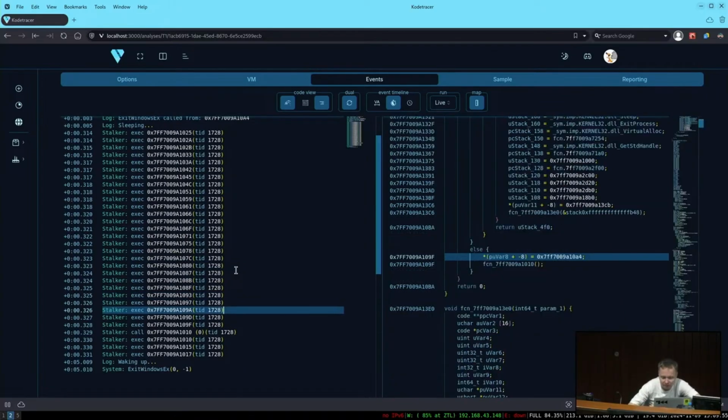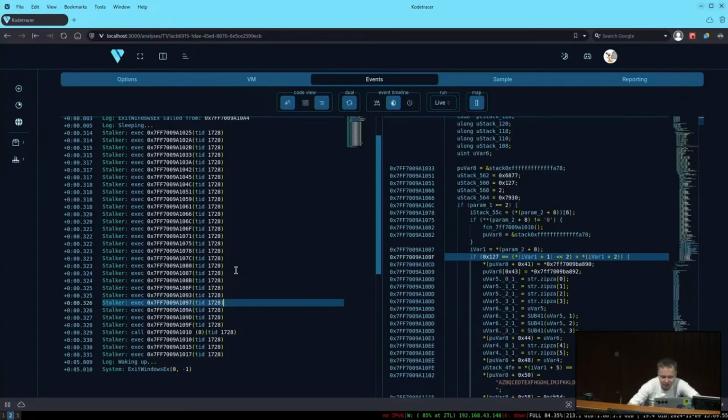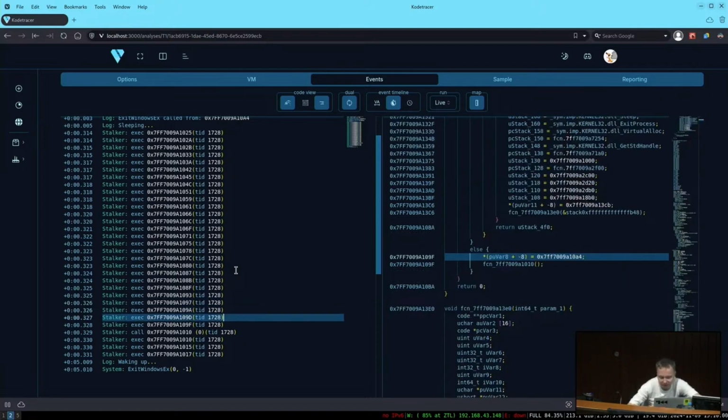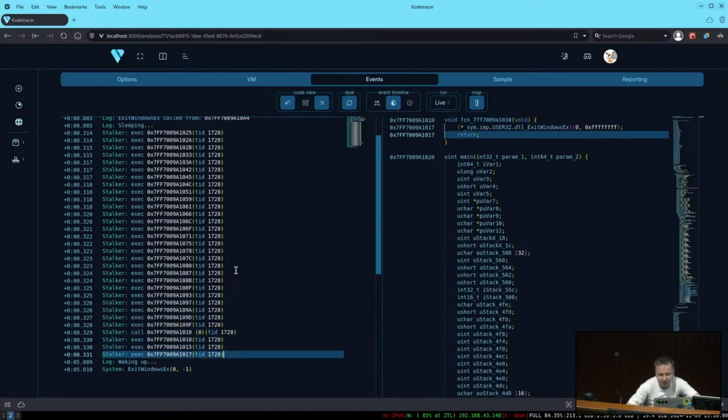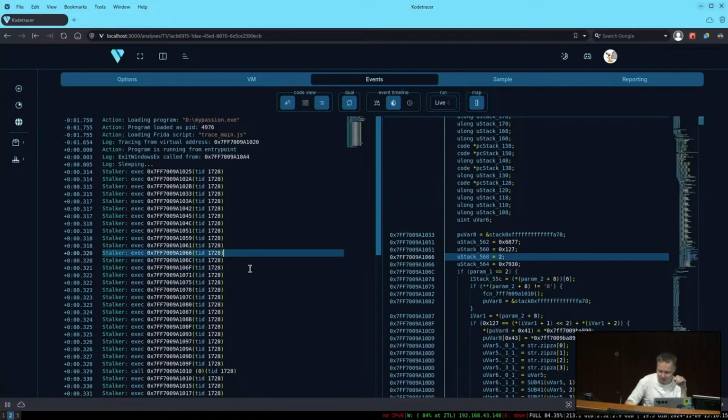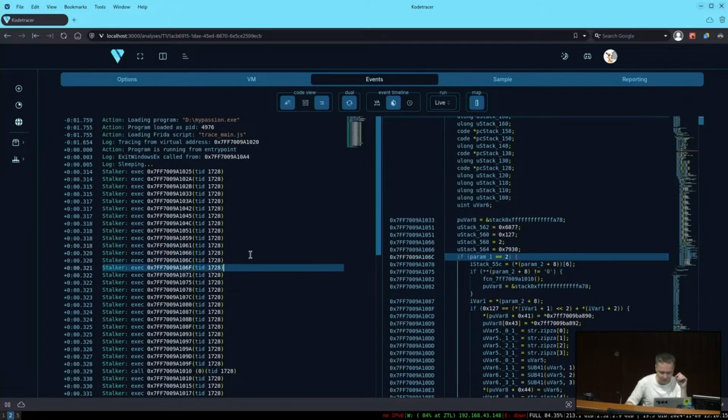So you can see it's doing whatever this madness is, and it's running this else branch, which again ends up in ExitWindowsEx. But this is how I imagine you can iterate on it and tweak things as you go, and write your customized Frida script for the specific sample to speed things up. So I wanted to show you just quickly one more demo